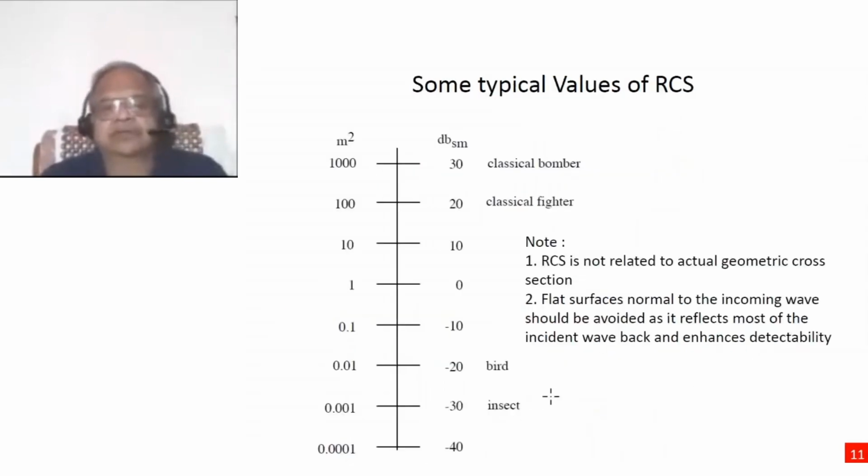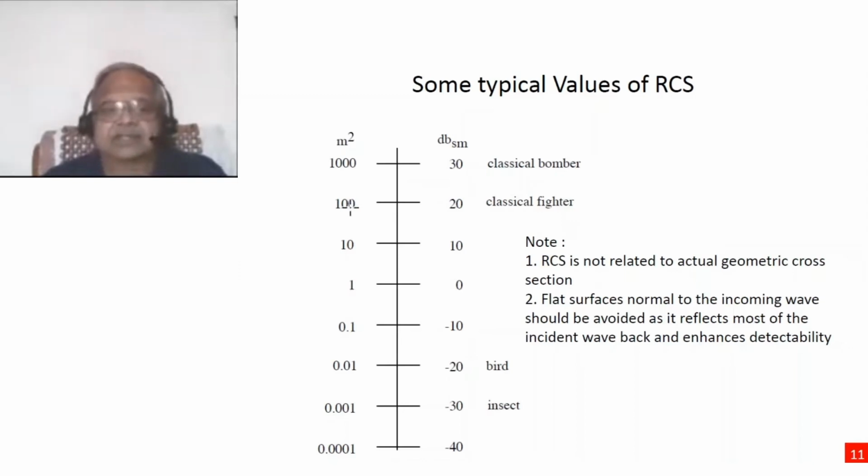So, some typical values of radar cross sections. If you look at classical bombers, the B-52s or the older generation bombers, B-17, B-52 and things like this, their radar cross section is close to 1,000 meters squared. Of course, it's not a frontal cross section or anything. It is just a radar cross section, as I said. It's not geometric. It's 1,000 meters squared. Classical fighter planes like the Spitfire in World War II have something like 100 square meters